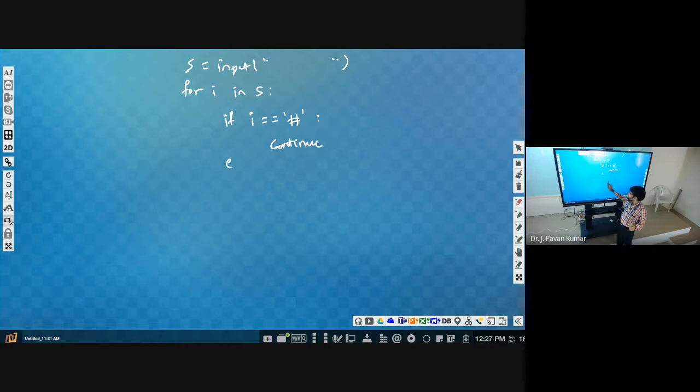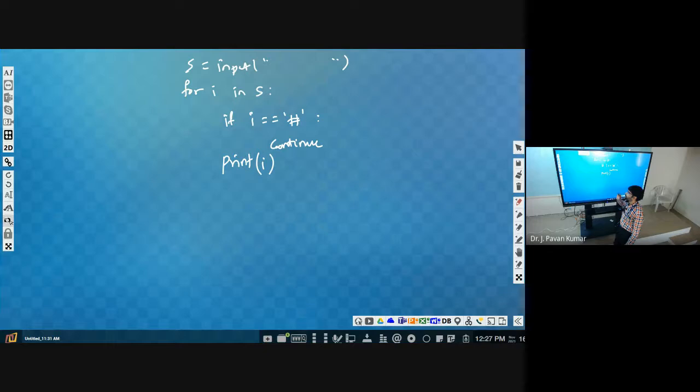No, because we need to display it. We will have that statement here directly: print I. That's it. Then it will exclude this. Whenever we find this hash, then automatically it will continue, like it will skip that particular current iteration.